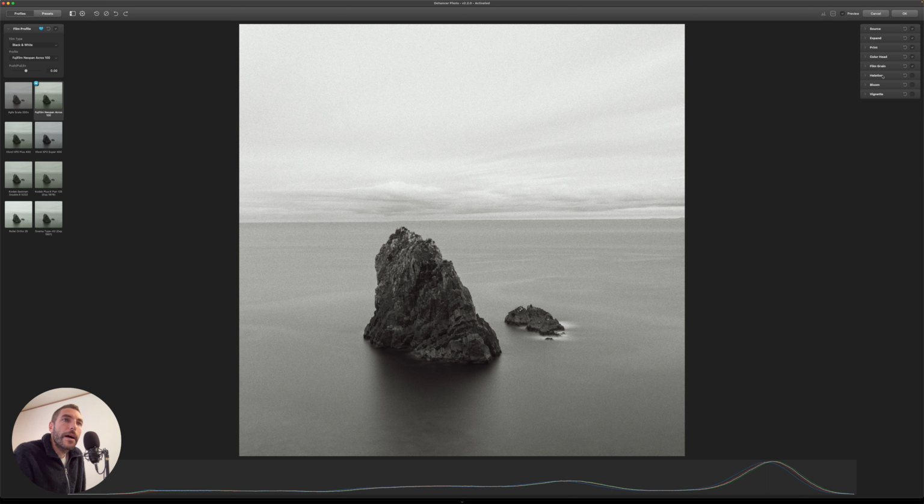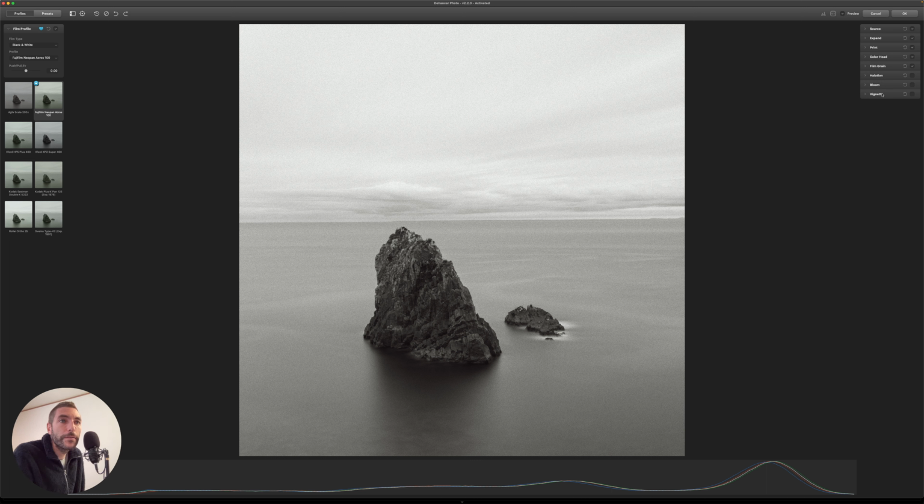The next two tabs are halation and bloom, which are two effects that occur with film when you're taking pictures in color mostly, and also mostly at night with artificial light. So I don't shoot at night, I don't shoot color, and I don't shoot artificial lights. So I can't really show you how these two tabs work. I'm gonna put a link up here to a video that explains that much better than I will ever be able to do. So if you're interested in how to use halation and bloom, go and check that video out after you finish watching this one, of course.